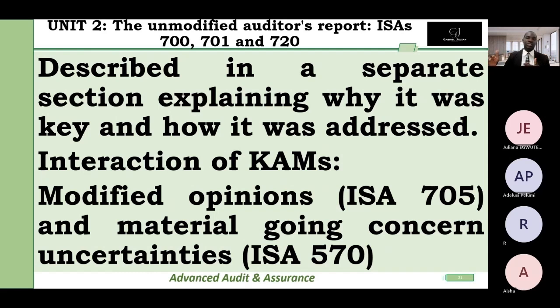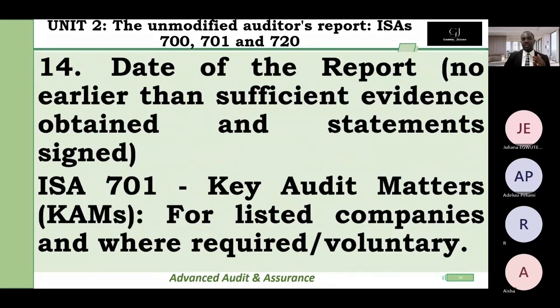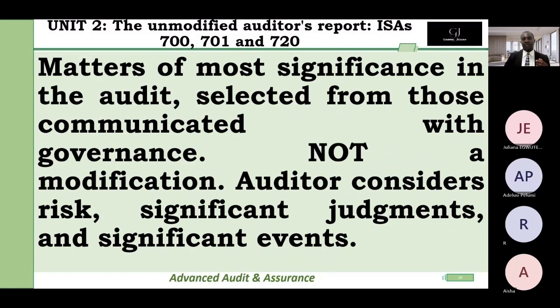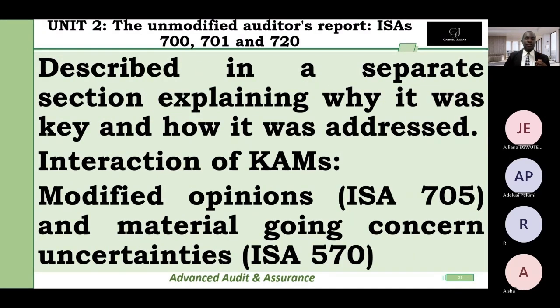And in their report, they will state how they addressed it and how their conclusion has come about, whether the opinions are material or immaterial, and if they have this level of conduct, and they are providing assurance to management that nothing has come to their attention of any misstatement. So these are key audit matters and how they are treated based on ISA 701. Very important. Okay, so let's look at